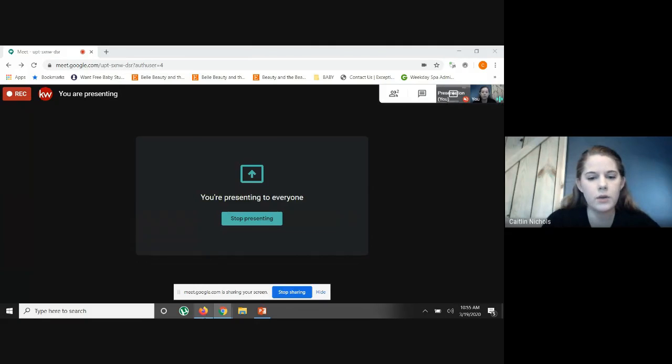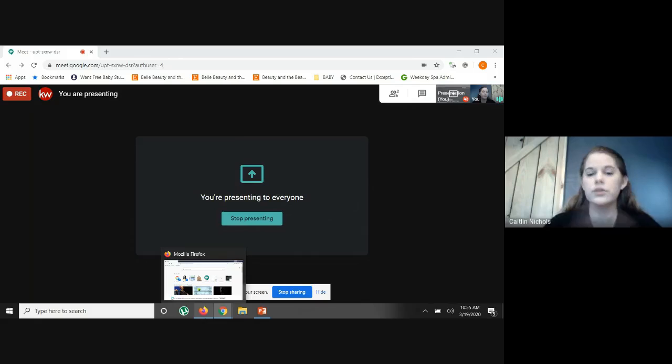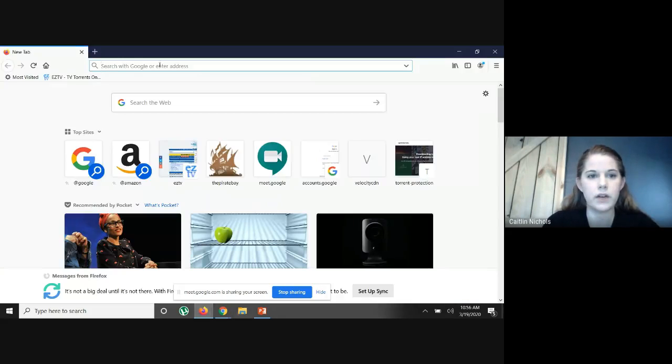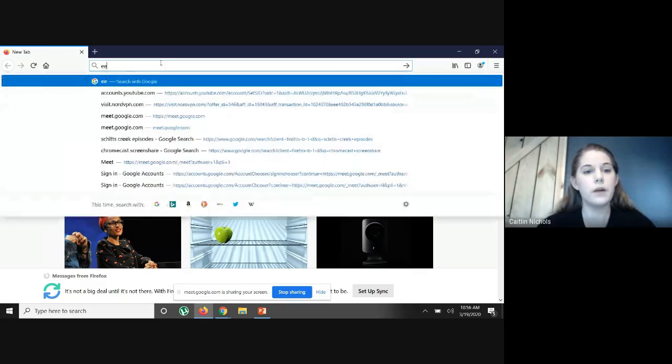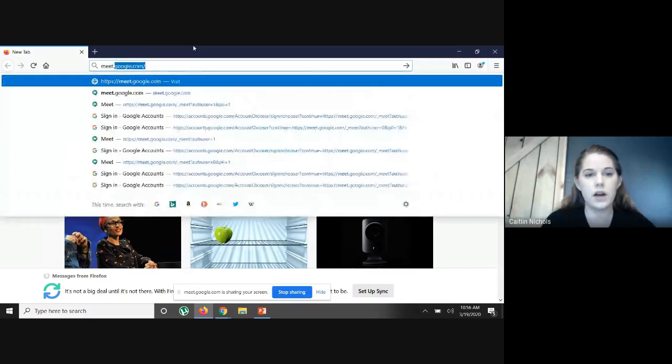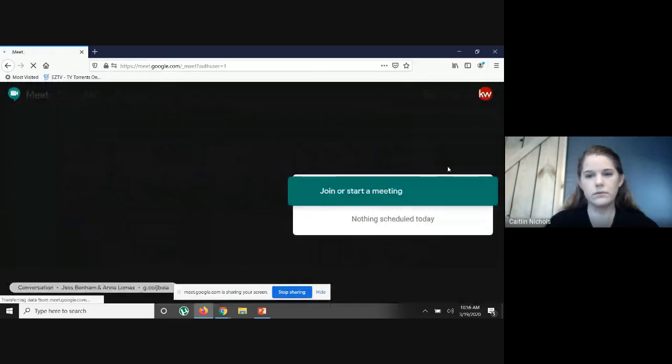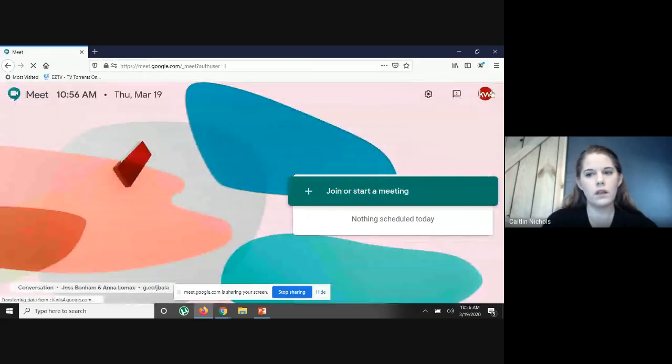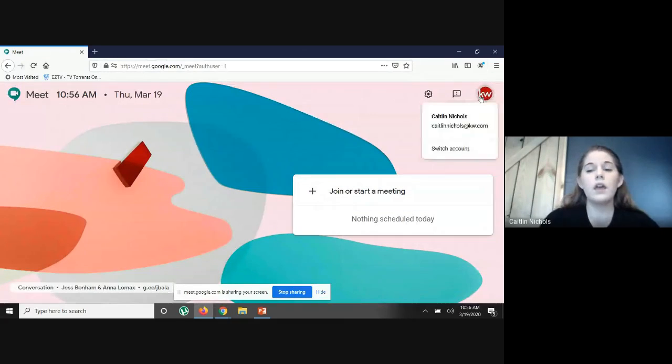I am going to go over to another browser so that we can start from the beginning for starting this meeting. So I'm going to go over to Firefox. I would recommend generally using Chrome. I'm only using Firefox because I'm already in Chrome in a meeting and I need to start another one. So I'm going to go to meet.google.com. Okay. If you're already logged into a Gmail account, you should see some sort of permission to either join a